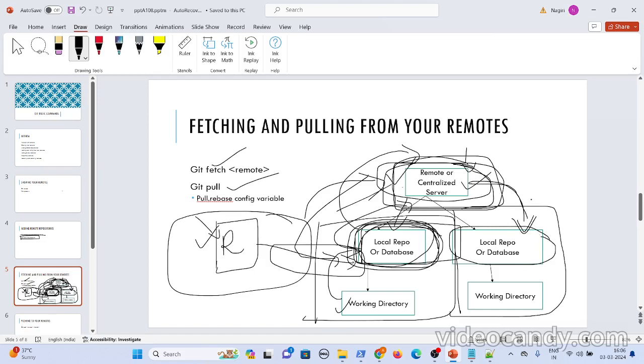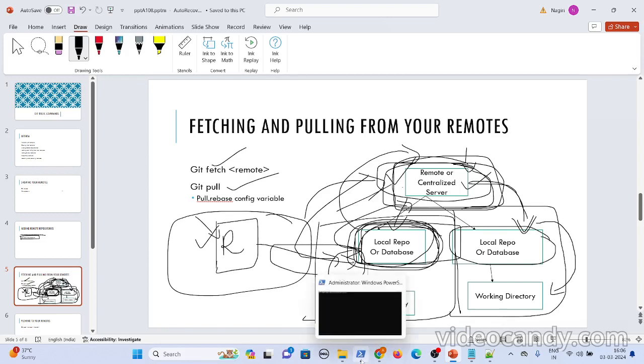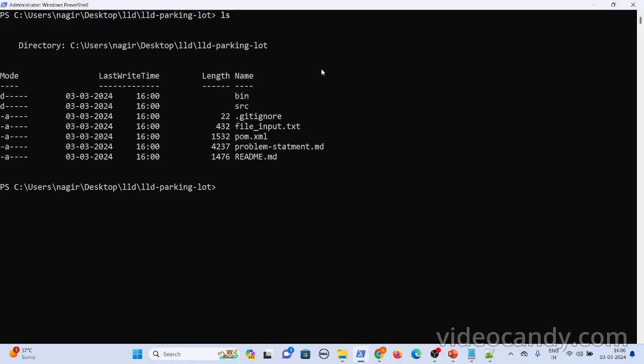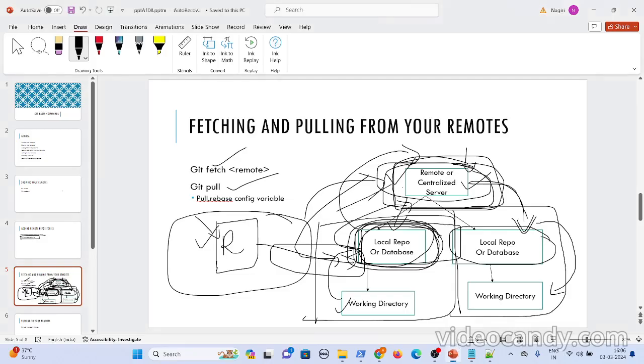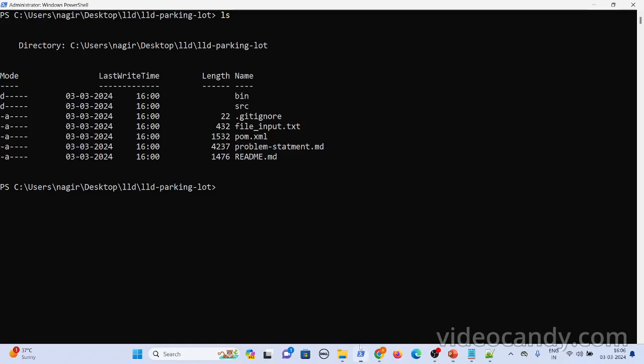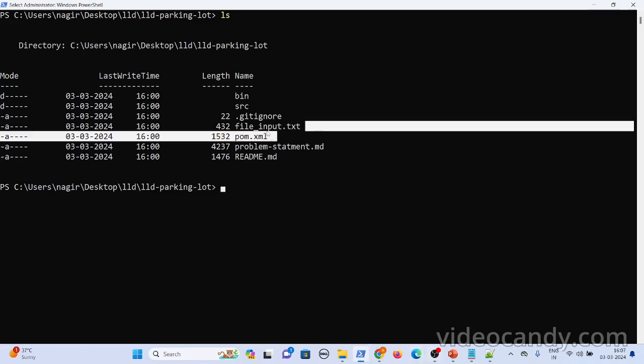It will not merge the changes to your working directory. So when you just download the changes, those are present in the database, but you can't see them in your working directory. Here, if I do ls, I can see these files. Let's say another developer has added another file called problem statement 1.md. When you do fetch, those changes would be present in your local database. But after doing fetch, if I run ls, you can't see the file here